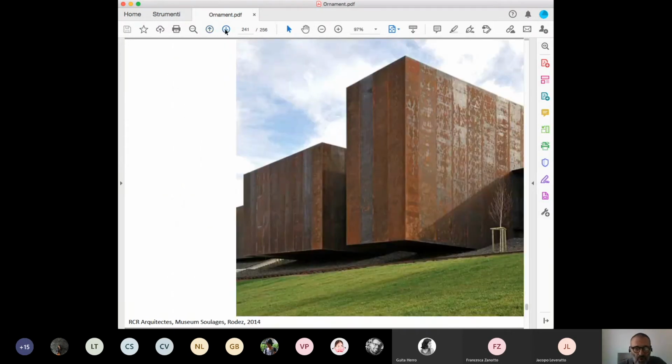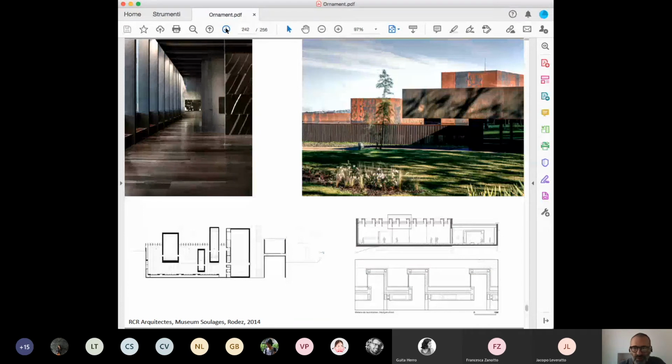Okay, this is another beautiful building by RCR Architects, the Museum Soulages, Rodez. And again, there is the material and the structures that give the form of the building. Also interesting is the relation between the building and the slope. How to put a building over a slope, how to manage this relation. All the building is covered with